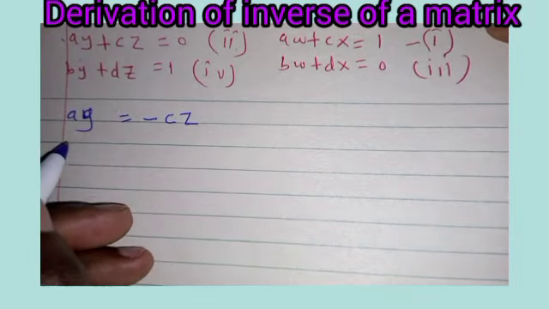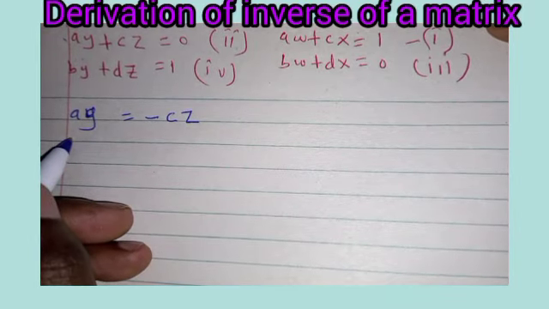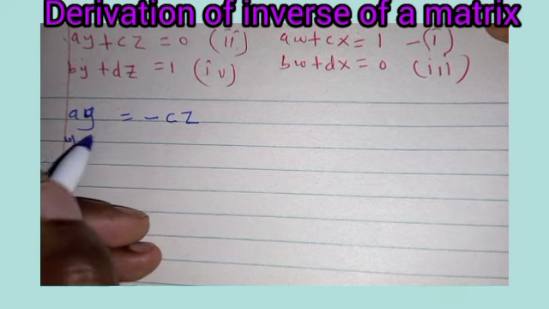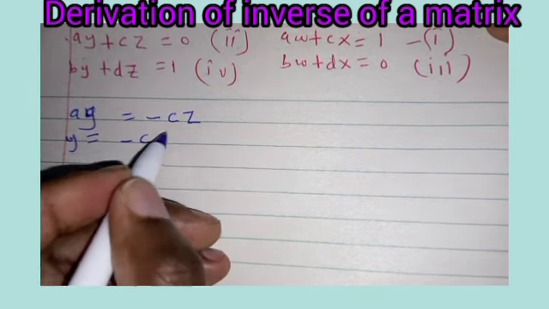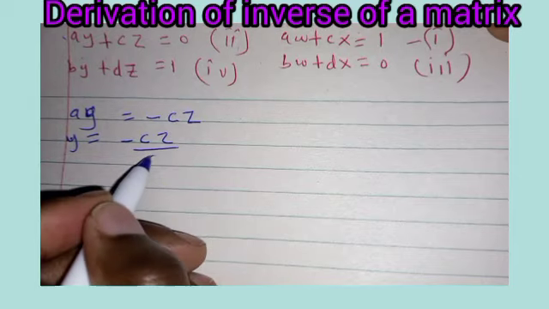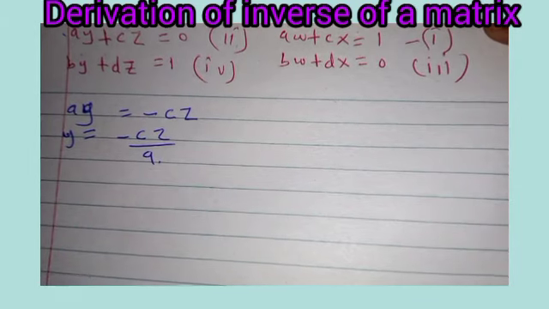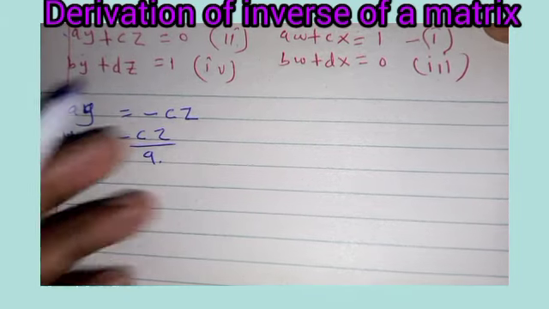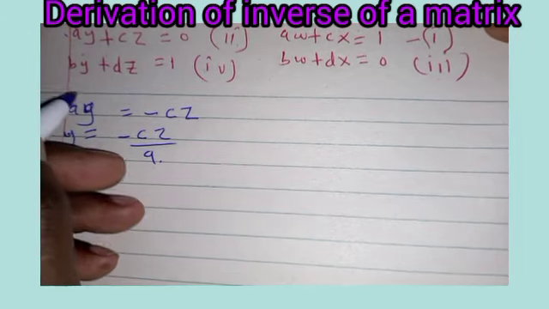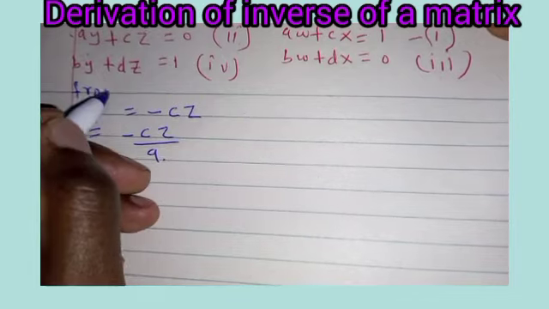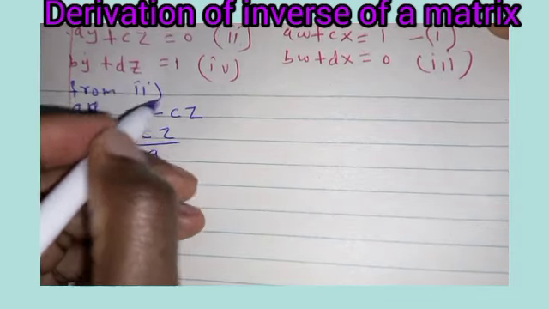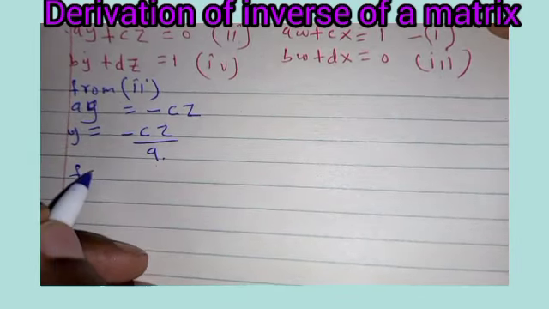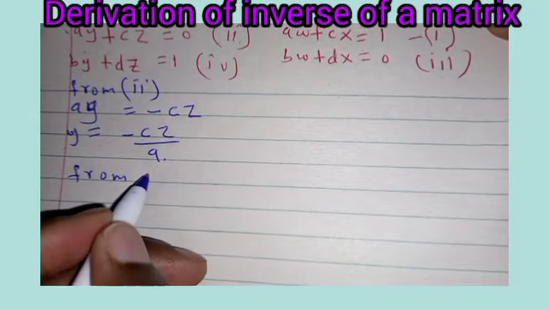Here now our objective is to obtain Y. So Y is equal to negative CZ divided by A. You divide by A. This is from equation 2. Then from equation 4,